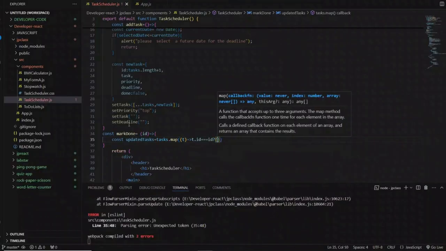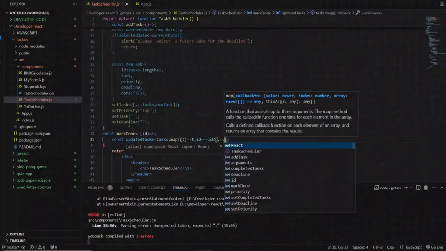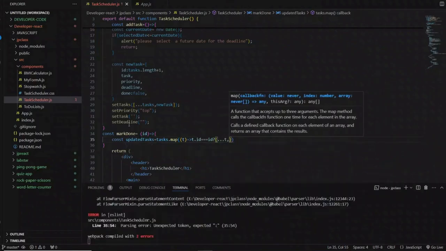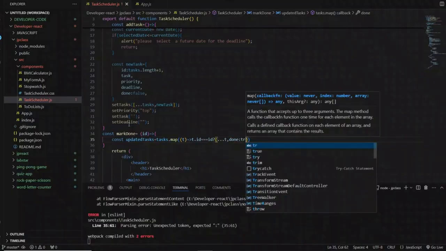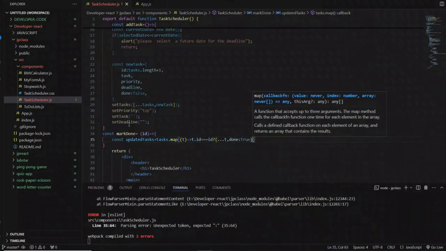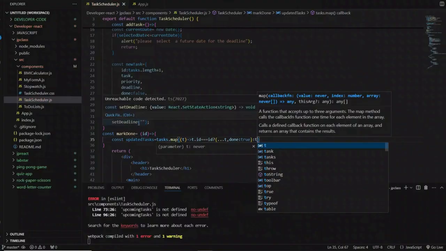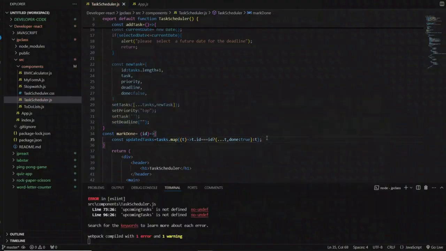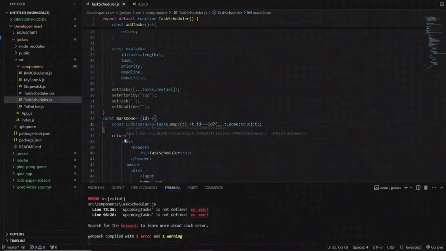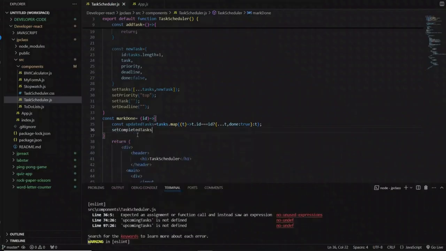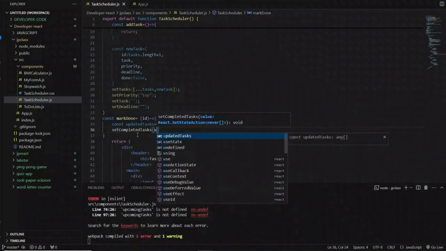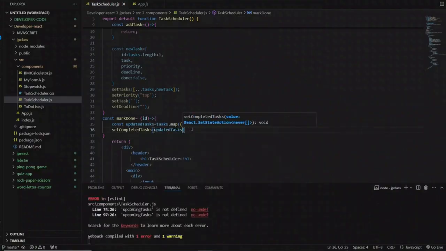done true : t. Okay, after this setCompletedTask updatedTasks. Okay,